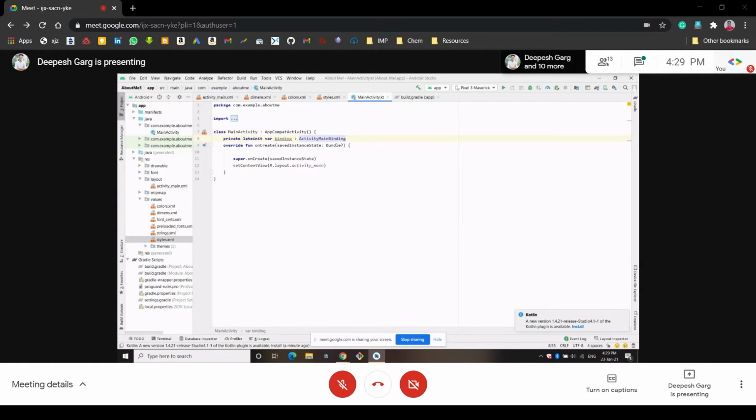It will keep track of all the views inside your app, and whenever we want some actions to be performed in your app, it will refer to this binding variable, and then the action will be performed.